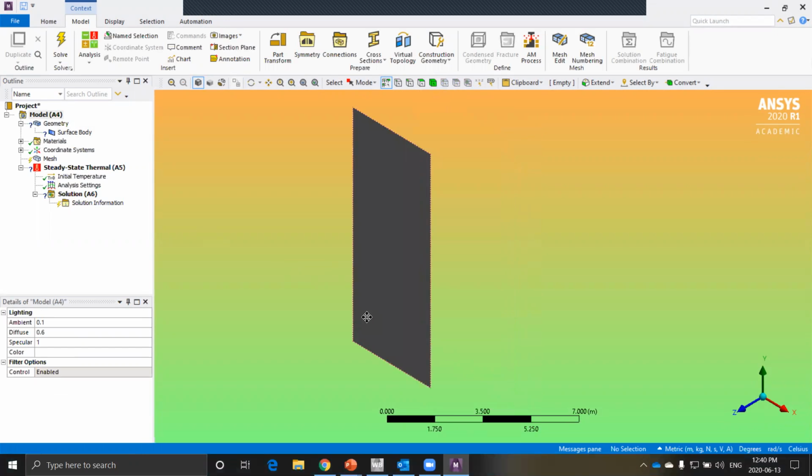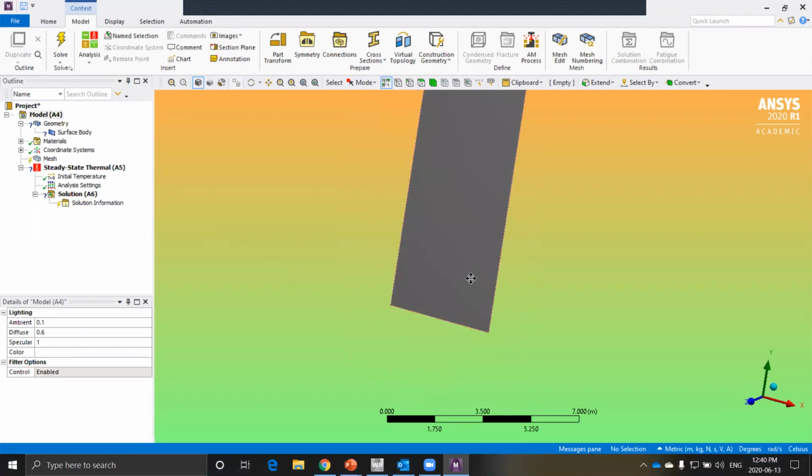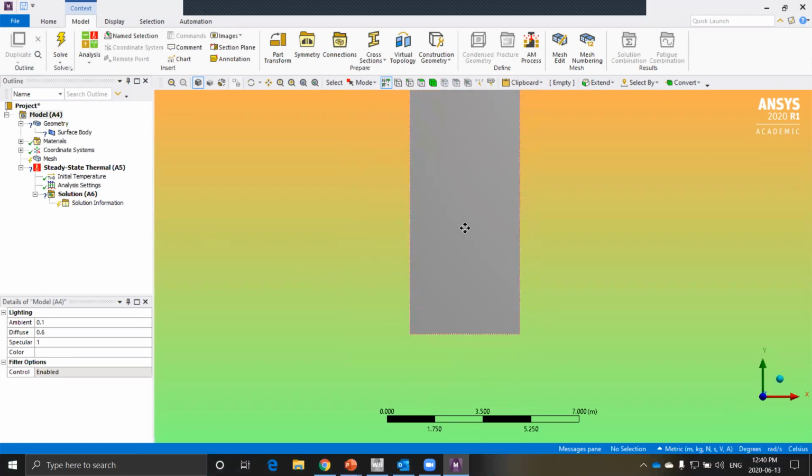Okay. So now ANSYS provides you a very easy way to create a default mesh.